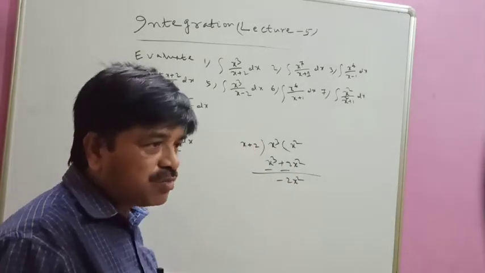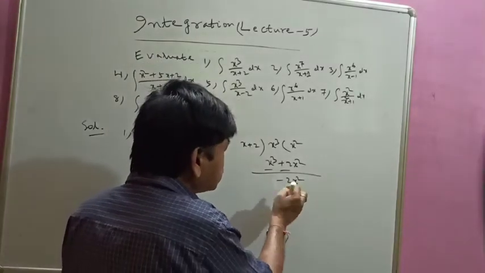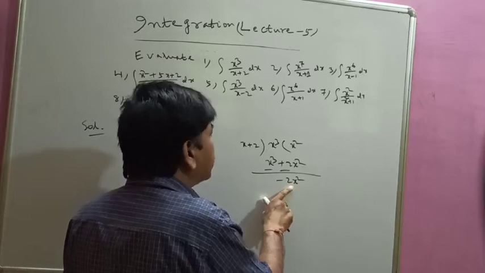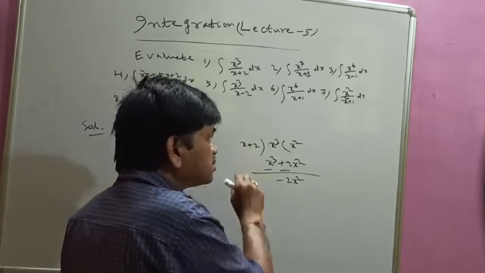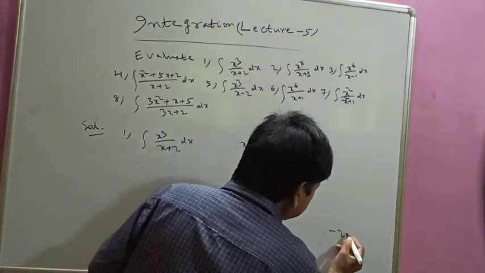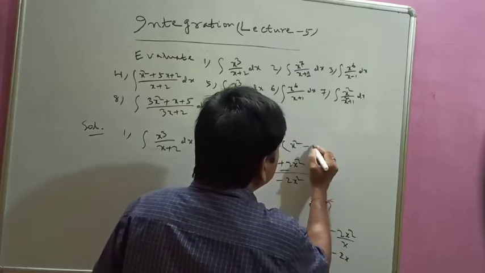So again we have to continue. But whenever it will be less than that, we will stop there. So again we continue. Let us take this as the dividend. This is the divisor. So here the high degree term is minus 2x square, here the high degree term is x. Always remember, high degree term by high degree term. So minus 2x square by x, so it is minus 2x. So here we write minus 2x.